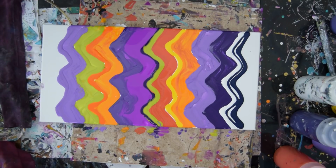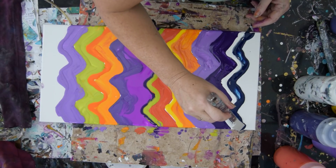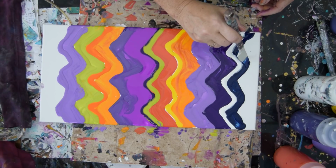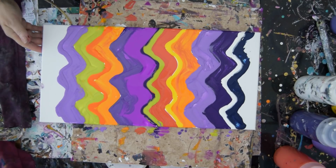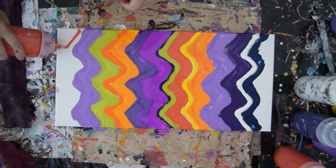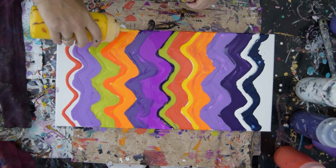And what am I going to do? I'm going to just nudge the paint around a little. Tap it into place instead of spreading it out. And depending on how that works, oh god, I really want some gold in there, but I'm going to finish with some orange. And I'm going to throw some more yellow in there,